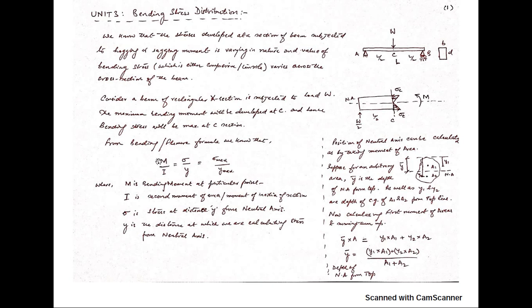So this is the moment, and this is the flexure formula that you call M upon I is equal to sigma upon y is equal to sigma max upon y max, and this is c basically, y max. So sigma upon y, and what is y? y is the distance of any point. Suppose you want to calculate at a certain point in the body, so y is the distance from the neutral axis to that particular point. So that will give you the value of the stress.